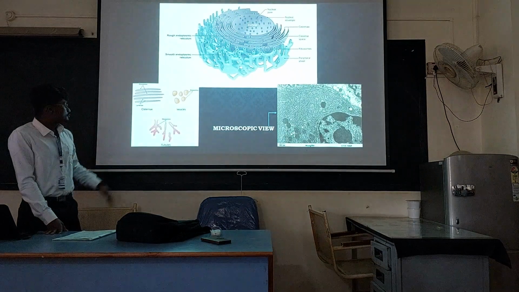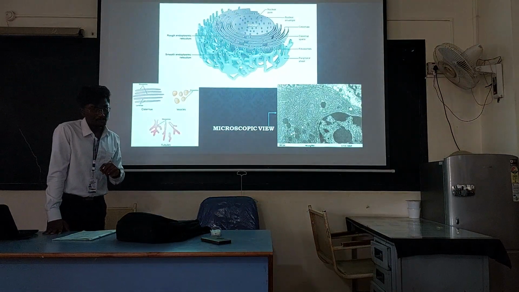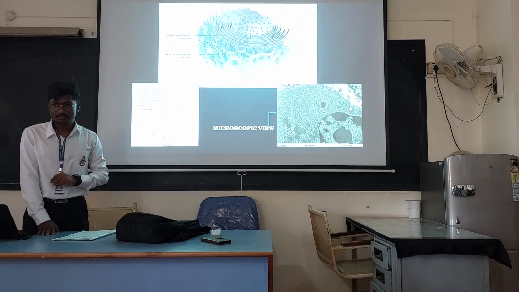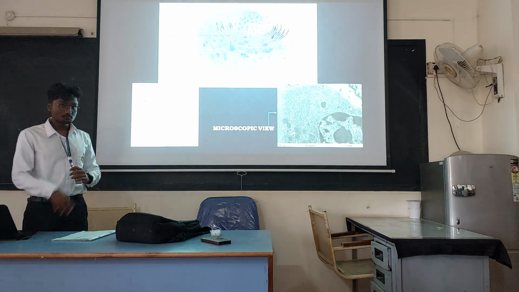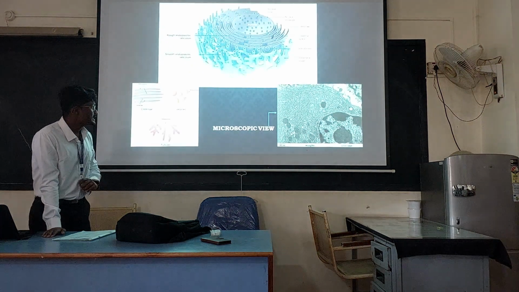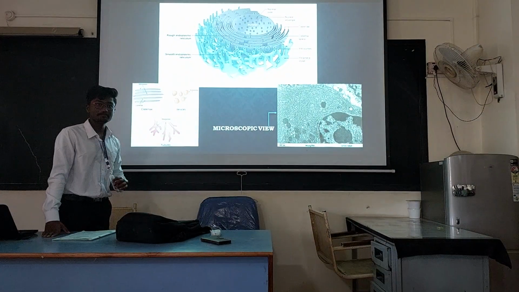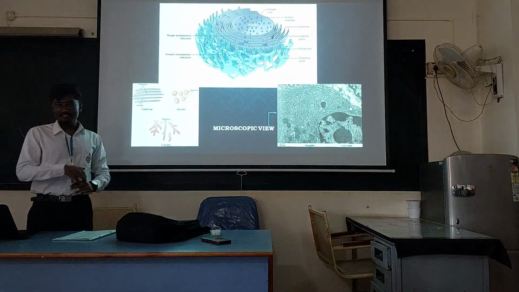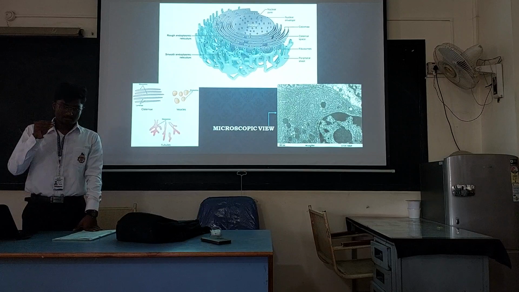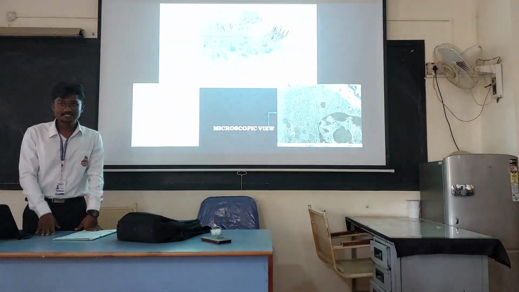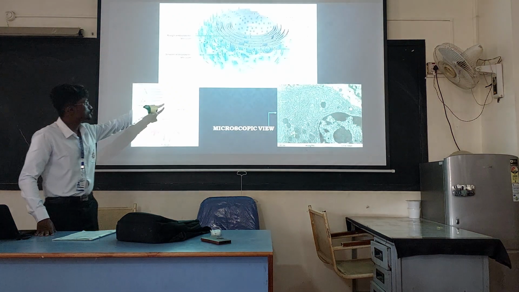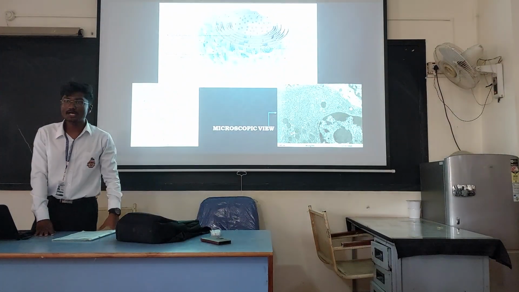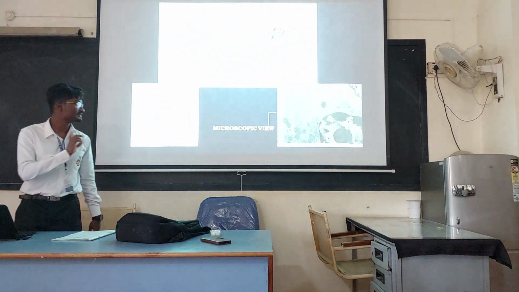Then let us move to another structure called tubules. Tubules are very branched, network-like, and lack ribosomes. Under the microscope, it looks smooth. That means it lacks ribosomes, and this helps in the synthesis of lipids and in lipid metabolism. Then vesicles: whatever proteins or other substances are synthesized in the endoplasmic reticulum are transported through this structure, that is vesicles. The diameter of vesicles varies from 25 to 200 nanometers.